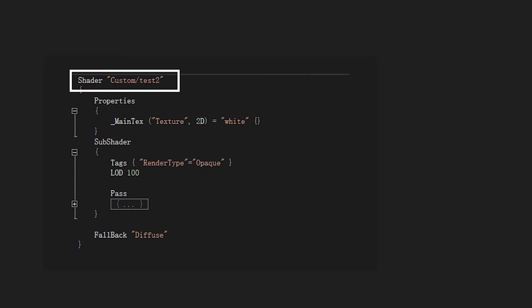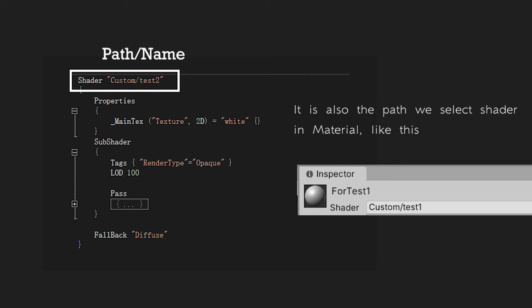First of all, in the first line, the word Shader with the initial capital letter is the keyword of the file, which means that the file is a shader. We can also understand it as the keyword class that we would always use in ordinary programming. Then we can see that there is a string behind the word Shader. It represents the path and name of the shader, which is similar to the class name. Before the slash is the name of the catalog to which the shader belongs. Generally speaking, we will put our own shaders in the Custom catalog.